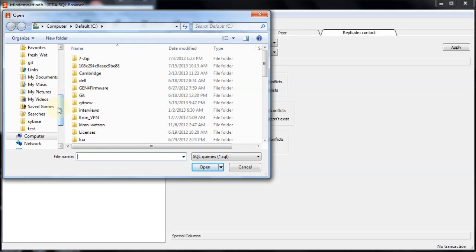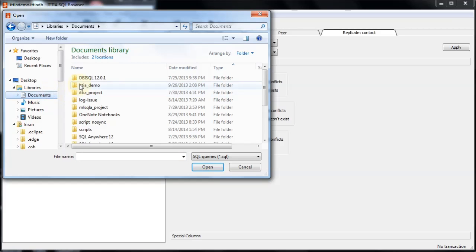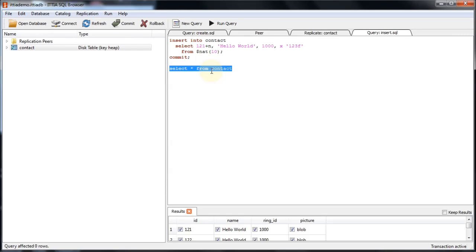I've prepared an insert query for testing, which I will now open. And after I execute the insert, I'll use the select query to verify the table's contents.